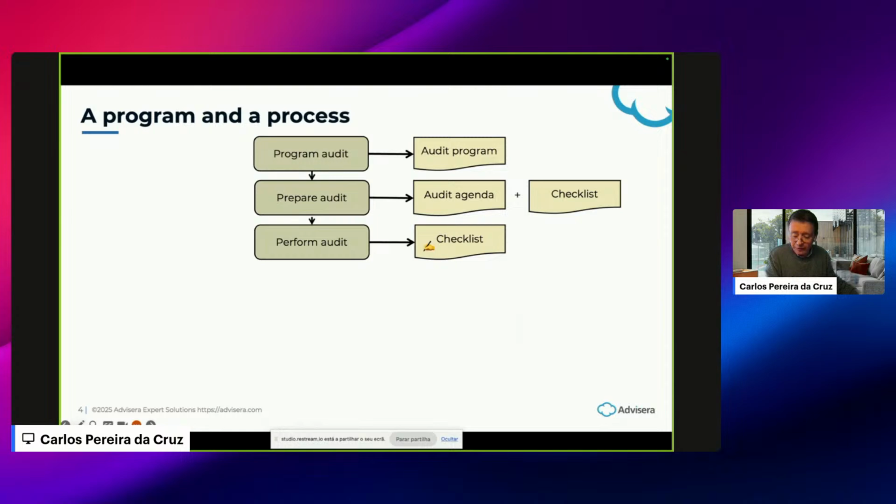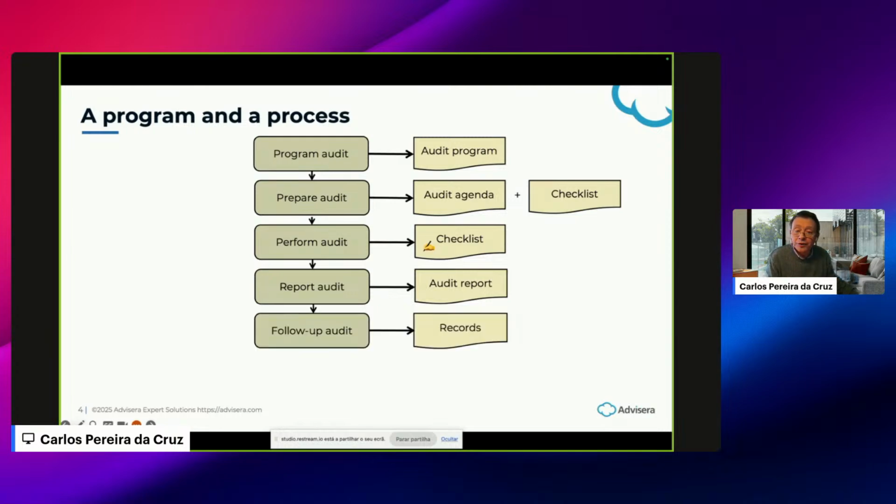And then you need to report the audit. Write a report based on the gathered evidence that transmits your conclusions after the audit. One of the most critical aspects of the audit process is the management's role in acting upon non-conformities identified. This includes developing corrections and corrective actions, implementing those actions, and checking their effectiveness. This proactive approach is key to ensuring that the audit process leads to tangible improvements in the management system.